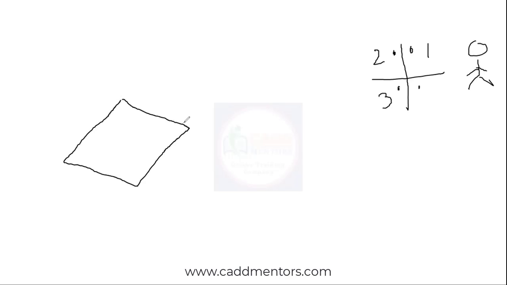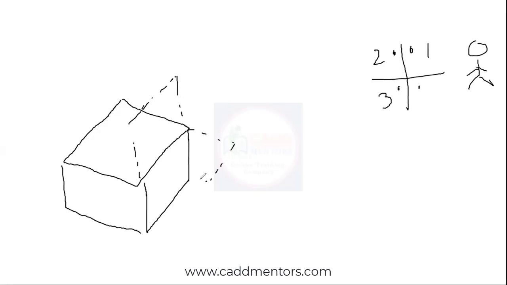And now the next one. We have done the first, second and third. Now I'm taking the third one. See, the object is placed here, here, here, and you have an observer. Okay, now what I'll do, I'll take the third angle of projection. See, at the top you had the first angle of projection, and here you had the first angle of projection, here you had the second. Now I'm taking the third angle of projection. See, now you have an observer. Okay, now you tell me where the object is placed.